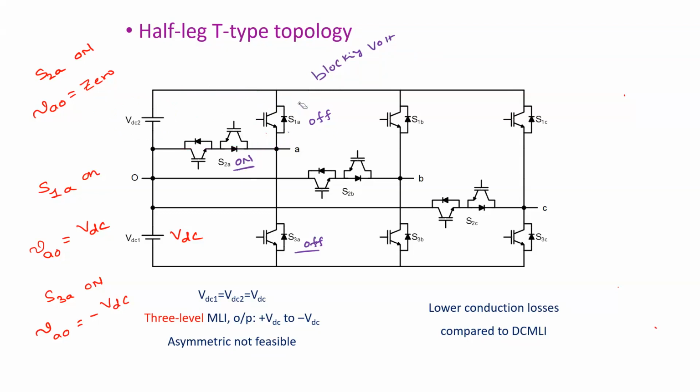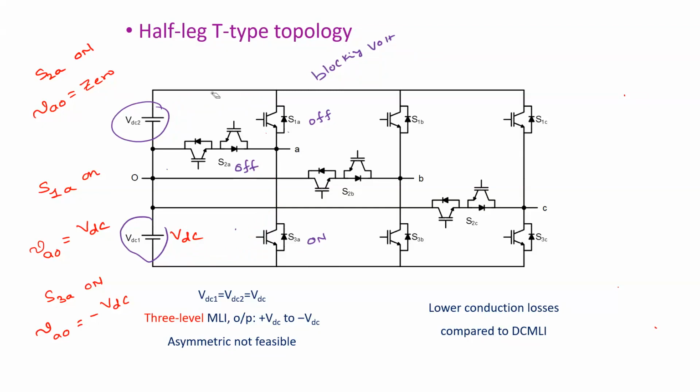Now there is another case. This is off and this is on. So now tell me, what is the blocking voltage of this upper device? 2 VDC. So it's supposed to block this voltage and this voltage, right? Why? Because this is connected here and this point is connected to A. So the entire 2 VDC, or the entire two capacitor voltages, it's supposed to block,